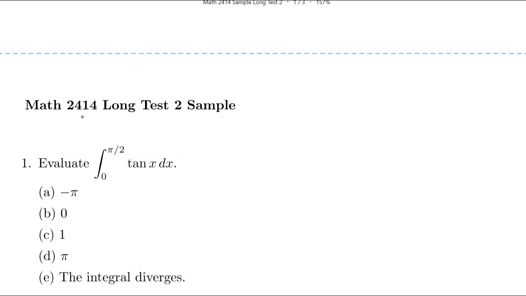Evaluate the integral of tangent of x dx from 0 to pi over 2. To do this, we will have to write tangent as sine x over cosine x dx, then copy the limits of integration. So you're just rewriting tangent in terms of sine and cosine. And then you will have to do u substitution. So you would let u be equal to cosine x, and therefore your du is equal to negative sine